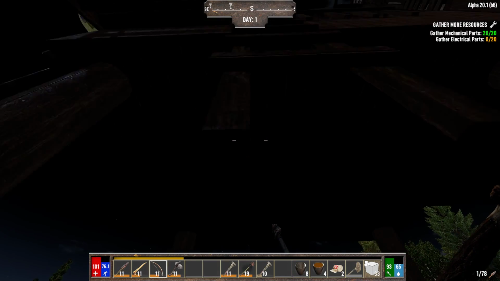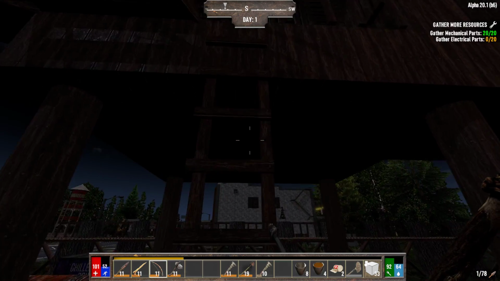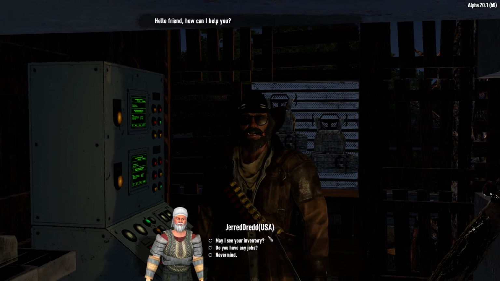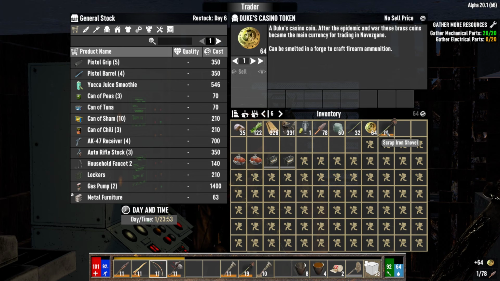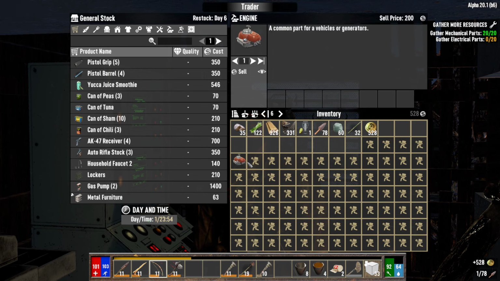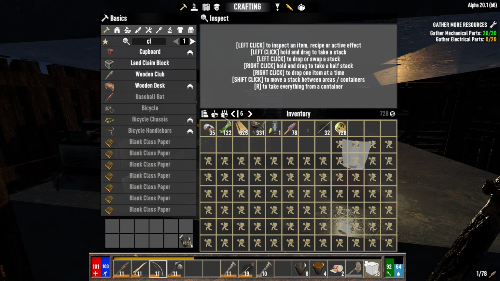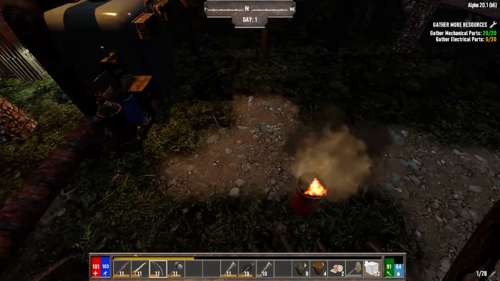I guess you gotta be on the whatchamacallit bar. Howdy, survivor. Make yourself at home. Let's go sell those. Y'all come back now. Back to making our clay bowls. And then...